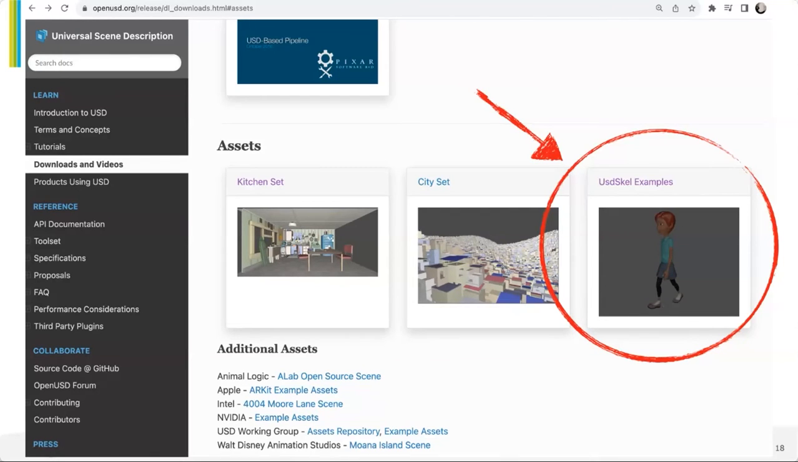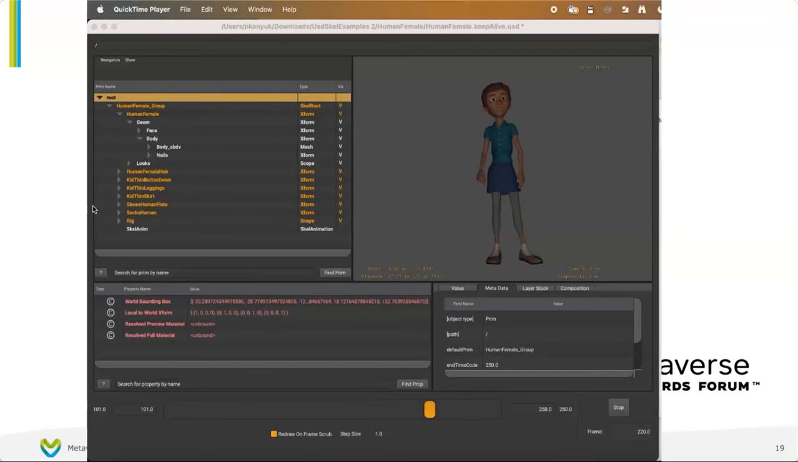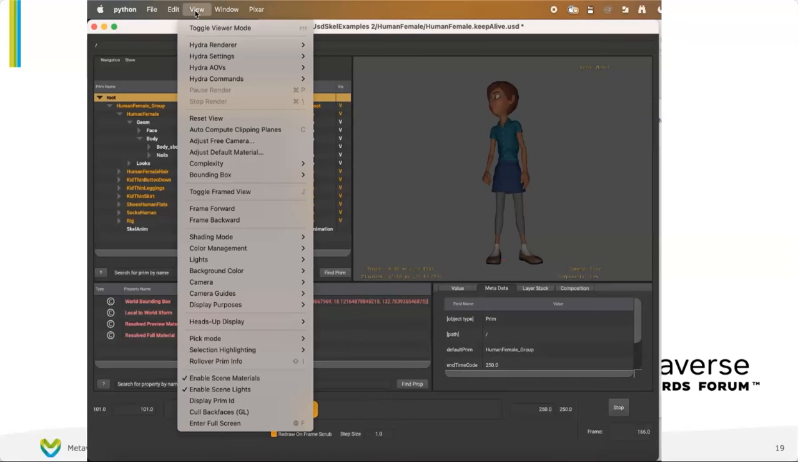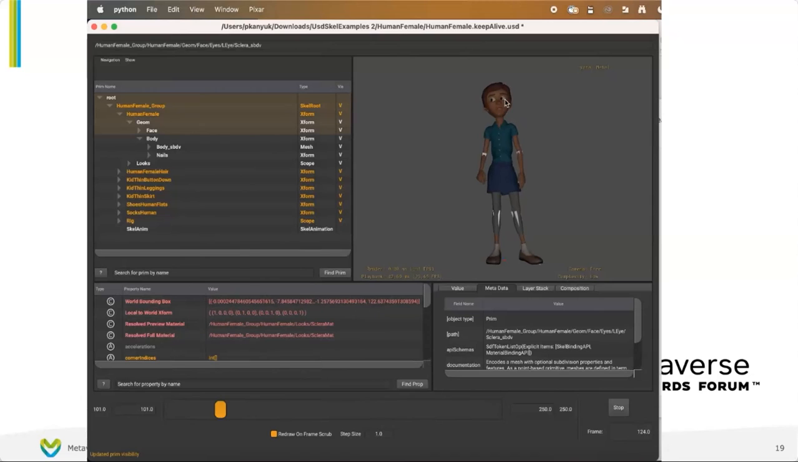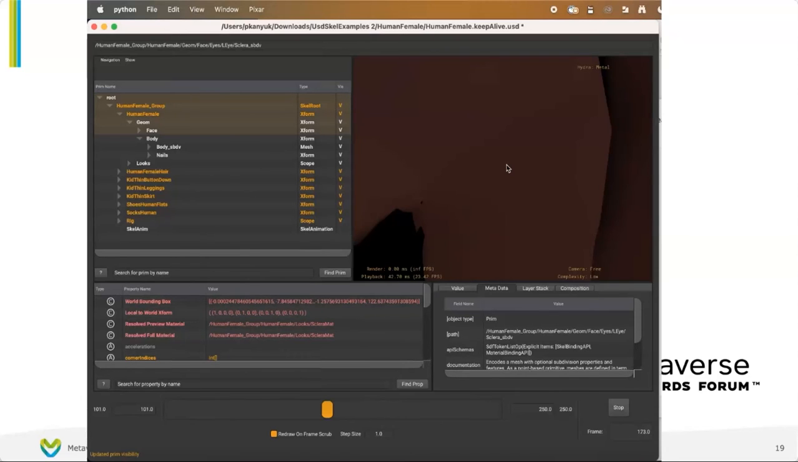So let's take a peek at what's inside this UsdSkel asset. USD comes with a viewer called USD View, and this is what I've used to open this asset. I'm making the guides visible, hiding her geometry, and showing the skeleton that's underneath the hood. So pretty standard. Notice it's got fingers and eyes. And if you zoom into the face, you'll see that there's some